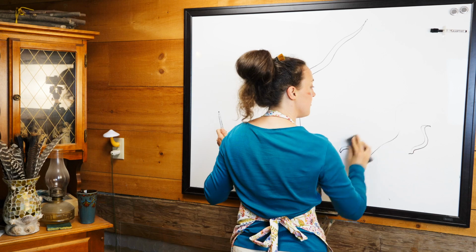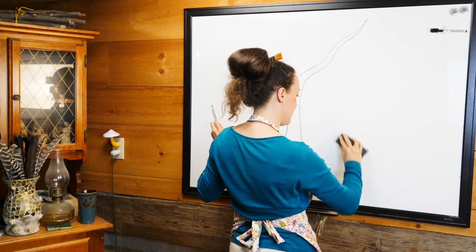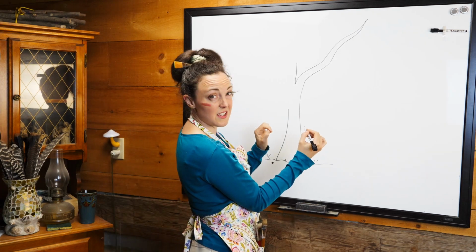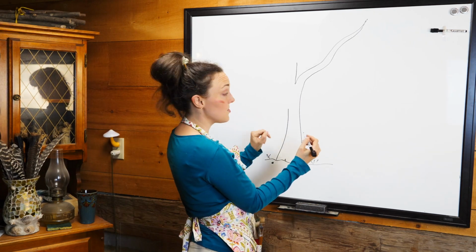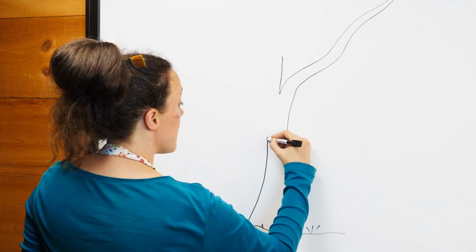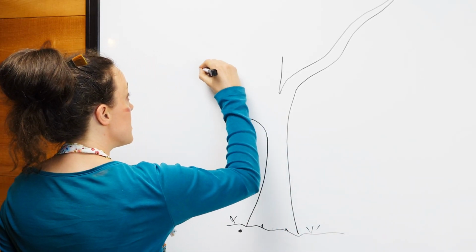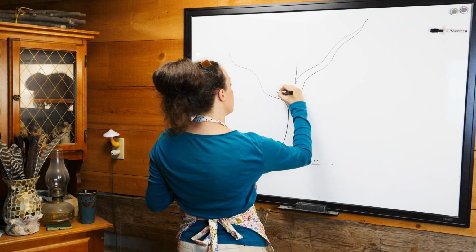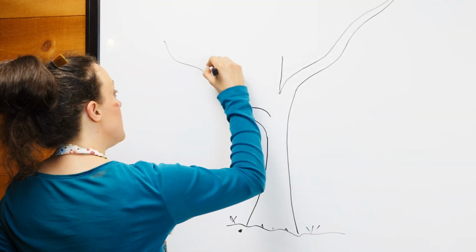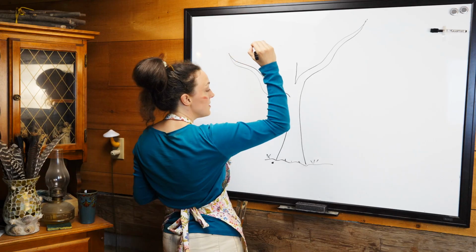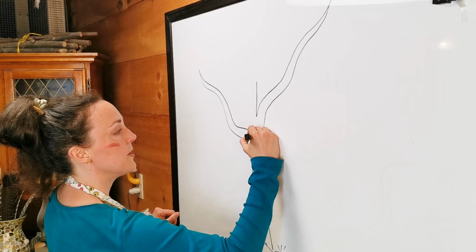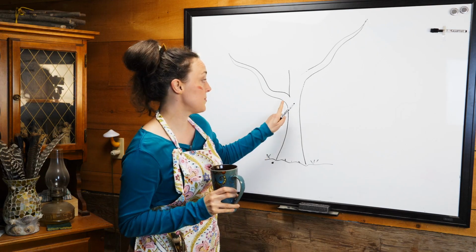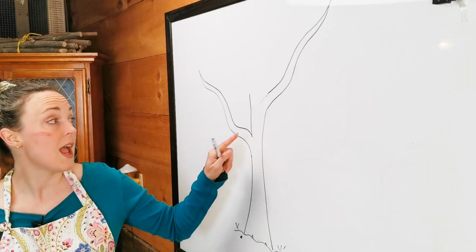So once we have practiced following our own curves, I'm thinking to make this a good climbing tree with a branch a little closer to the ground. Instead of up here, I'm gonna put this branch over this way and follow my own line. Okay, there we go. This is starting to look better because we have one right here, and then we have